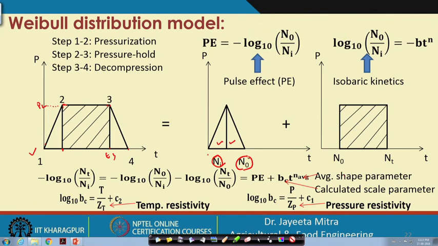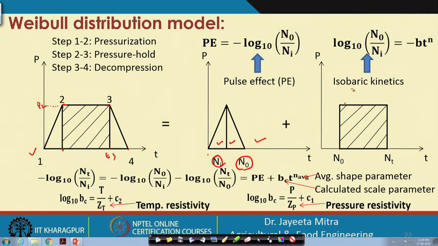Okay. So, when we reach from N0 to Nt, initially it was Ni, then we have reached N0, and N0 to Nt that we hold it, and after that the degradation will be. So, to model this part, that is the pulse effect, the equation is pulse effect equal to minus log10 N0 by Ni,